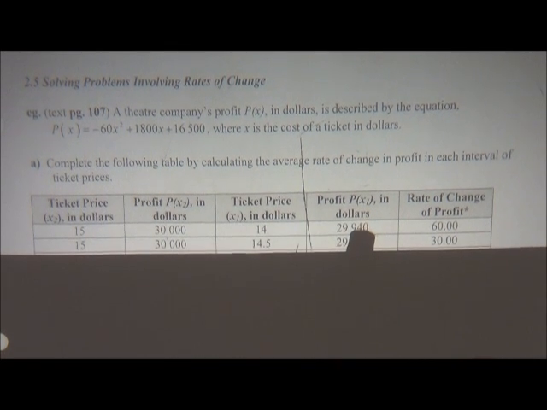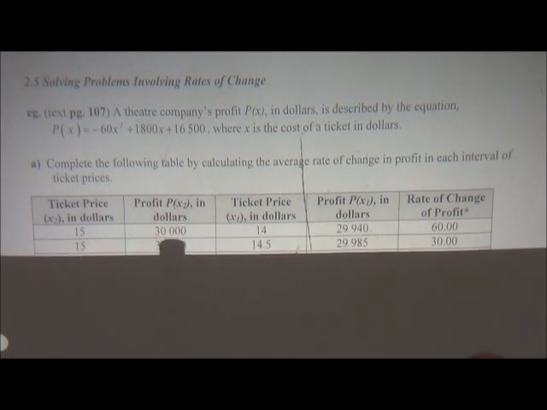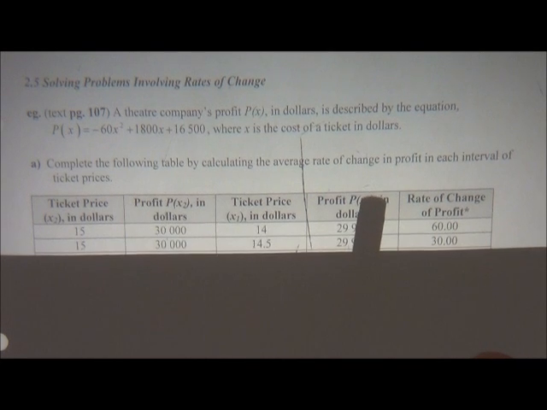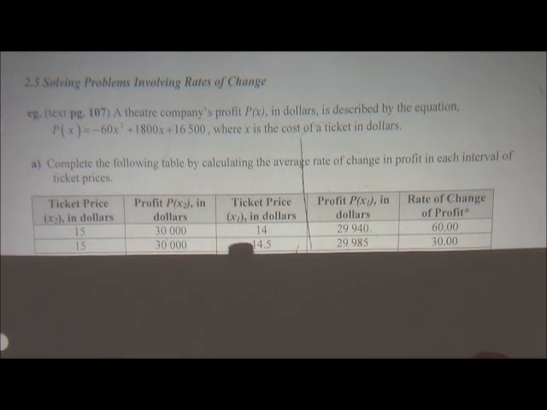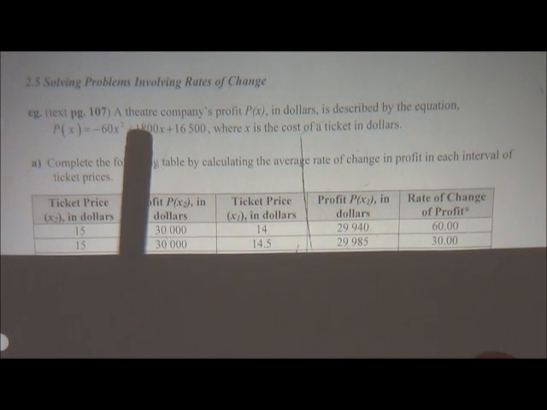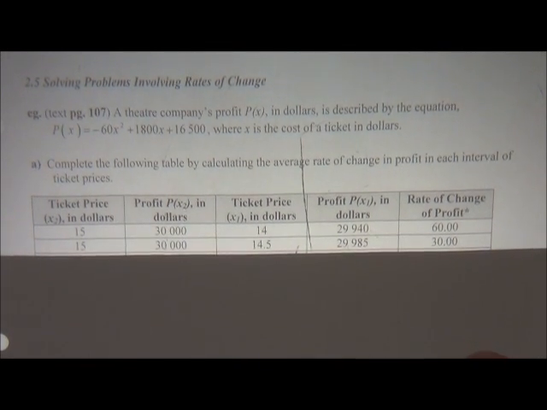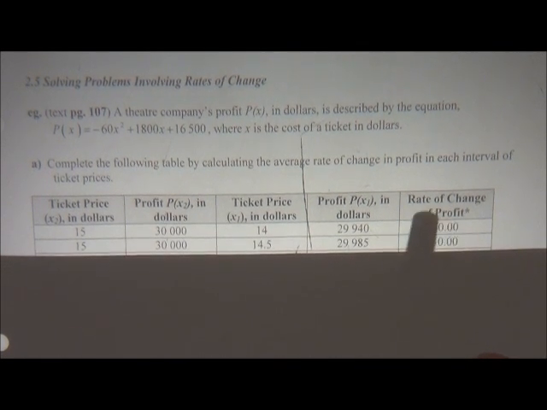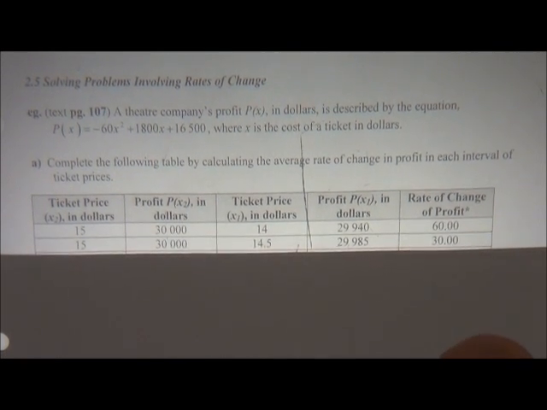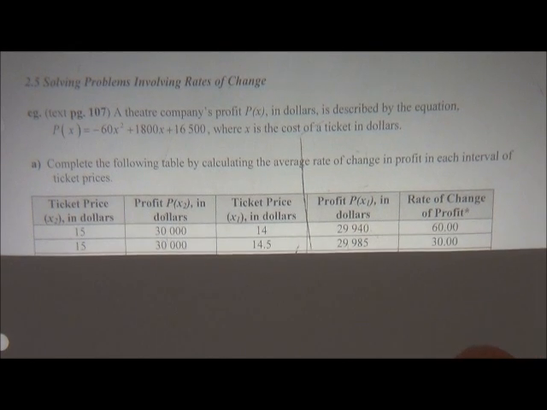The profit for x2, and then the profit for P(x1), is what you would get if you were to calculate this formula with the values 14 or 14.5 in dollars. And then the rate of change of profit is, as you see there,